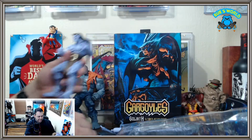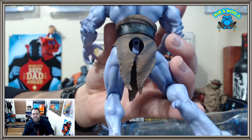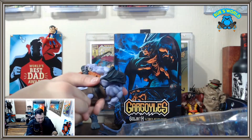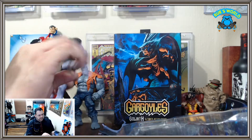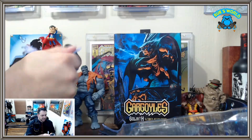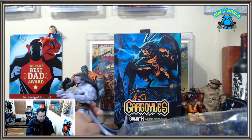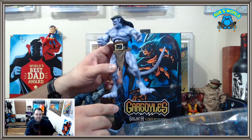Look at that. Yeah. Let's get these wings and tail on. They gave us a nice little easy access hole there. You always got to appreciate that. We don't have to, but it helps. Stick that up there. Haven't got it all the way just yet. All right. It's in there now. So not sure where to put the tail. We'll just curl it for now out of the way, so it doesn't get in the way of his standing. And he's going to be a hard one to pose. He's very heavy. And getting these oddly jointed legs and feet together, you might end up needing the tail to help balance him,